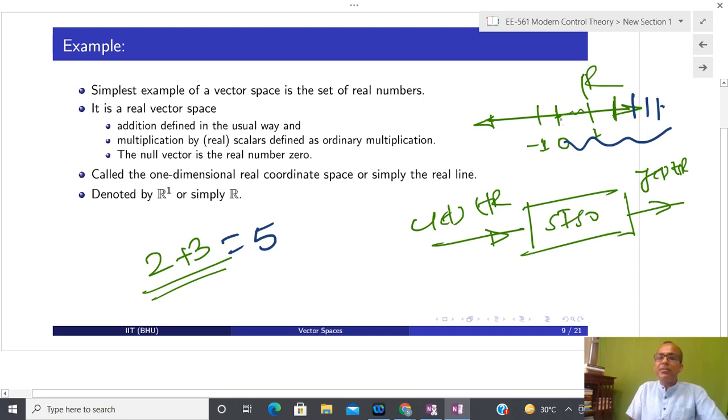How have we defined multiplication? Multiplication we have defined using repeated addition. If you define it in the classical way, it is possible to show that it will satisfy the properties of a vector space, everything will be satisfied. Could you please now tell me quickly, if a space is just a one-dimensional real space, then what is the identity element? Anyone?